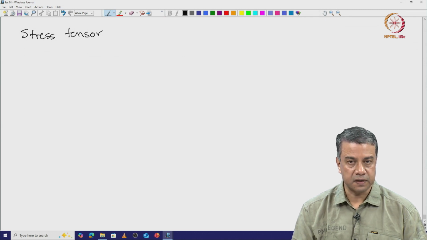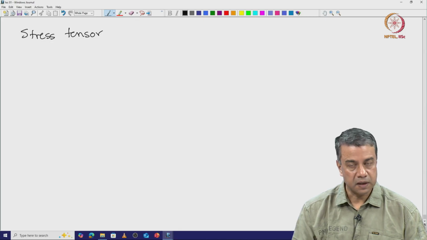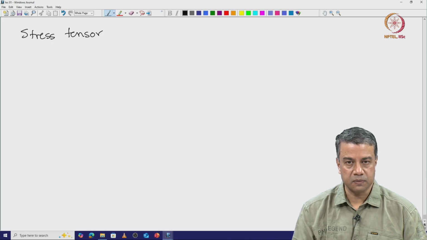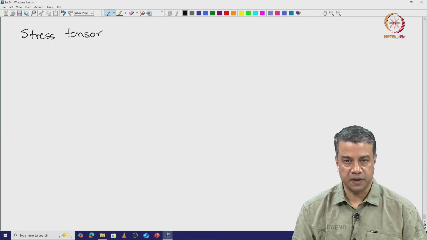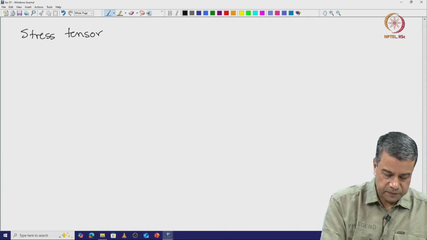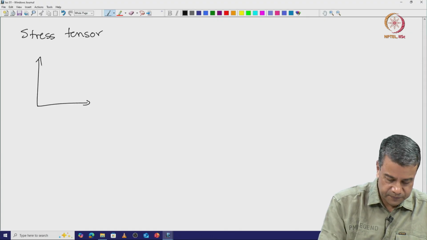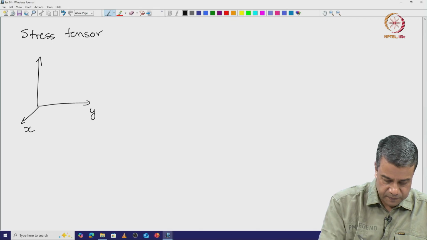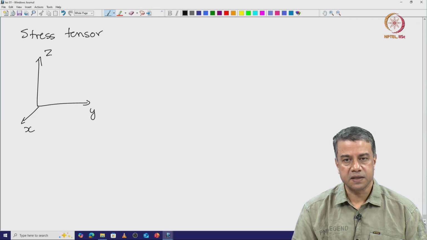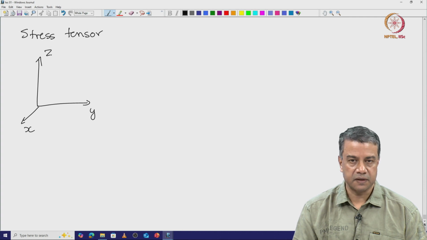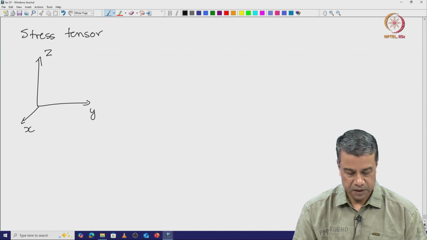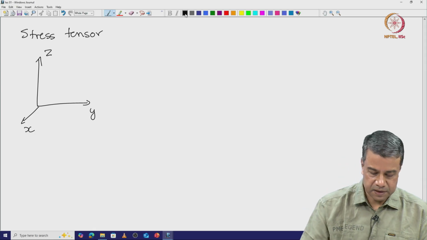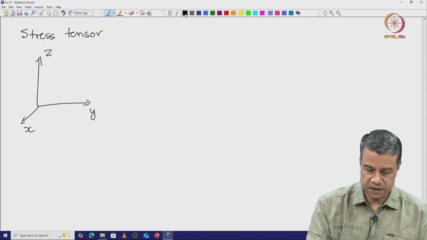momentum itself is a vector, in contrast to mass and energy, which are scalars. Therefore, there is a direction associated with the momentum itself, and there is a direction associated with the direction of transport of momentum. So, for example, if you have a Cartesian coordinate system, you could have x momentum transported in the x direction, you could have x momentum transported in the y direction, and similarly in the z direction, and so on. So, formally the stress tensor is defined such that